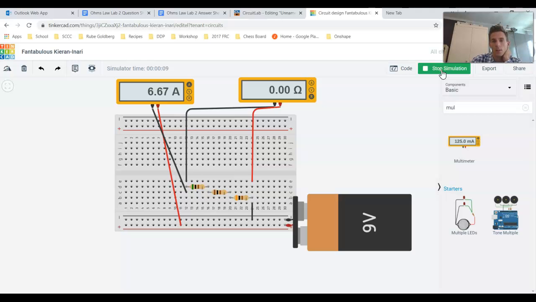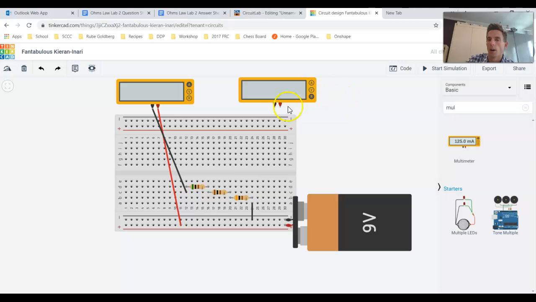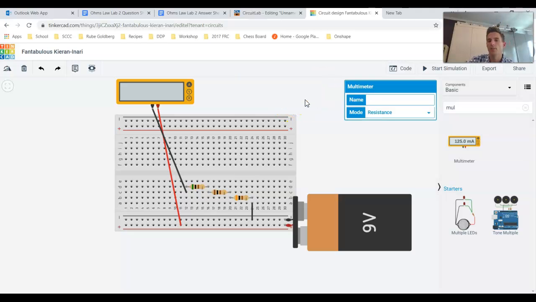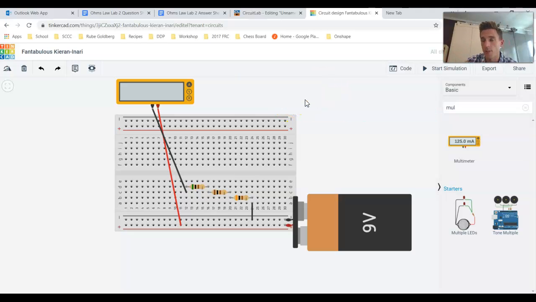Still not getting the right answer. What's up with that? All right, I know what I'm doing wrong. Again, I've created a parallel circuit through this multimeter. Good thing I'm going through this before you guys do. I'm just going to get rid of that, okay? So realistically here, check your resistance first, make sure it's right, get rid of it, then start checking your